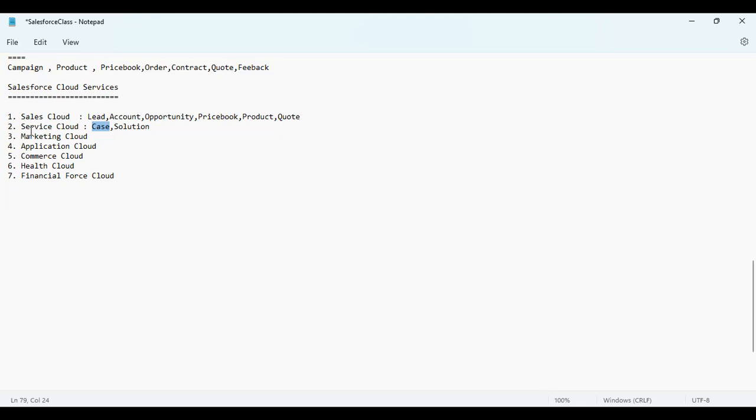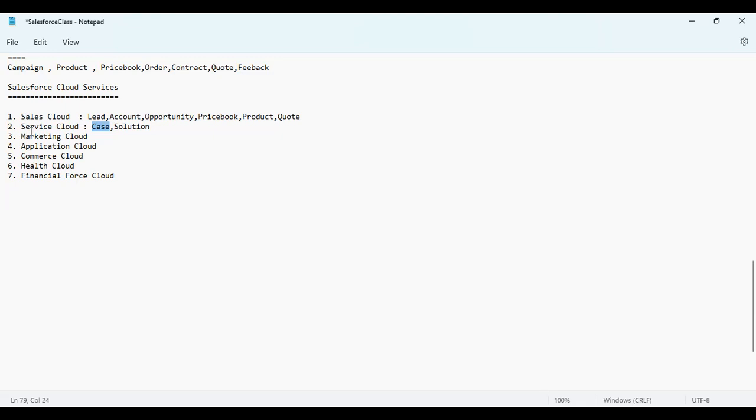Okay. So the objects which we use in the Service Cloud, again, there are multiple objects within Service Cloud, like case, solution, feedback, feedback question set, feedback request, feedback template, performance cycle, goal, metrics, macro, knowledge article, user provisioning. So these are all the objects which we have within Salesforce, which are part of Service Cloud. Okay. So when I say